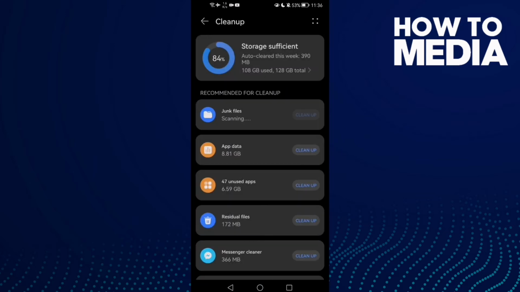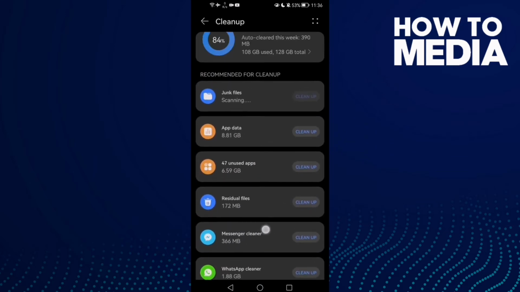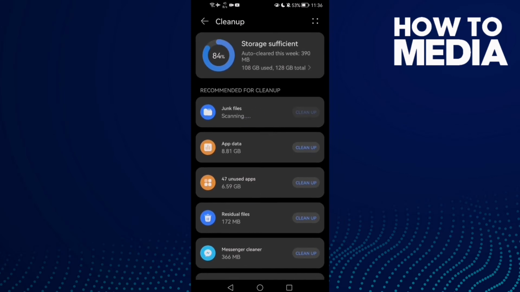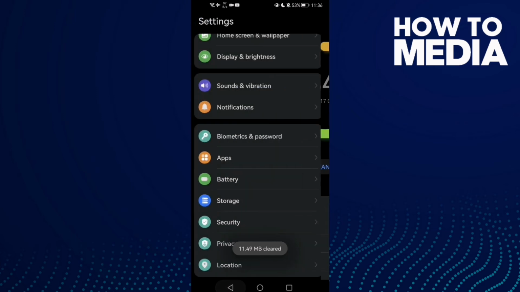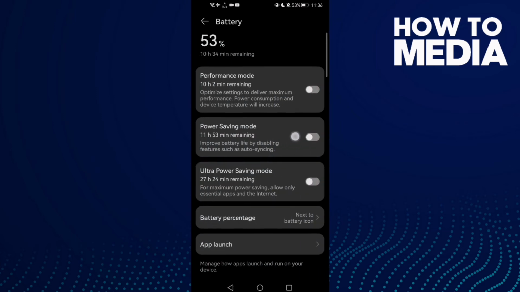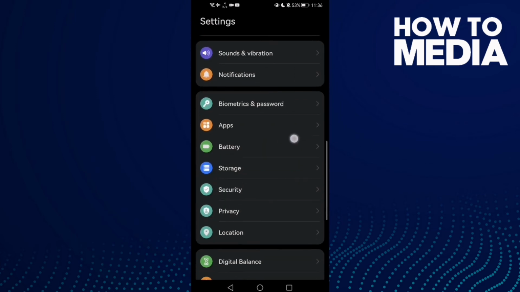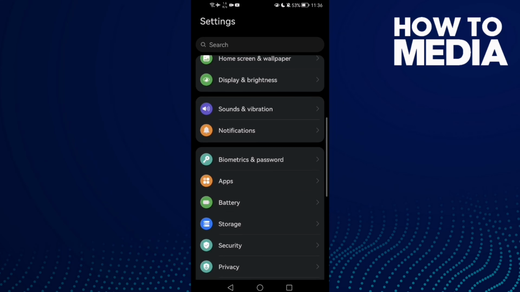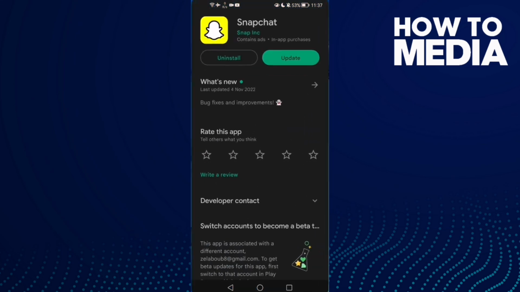Go to storage, click clean up, now just clean anything you want here, or you can just clean junk files or cache, and after that go back to battery and disable power saving mode. And if that also doesn't fix your problem, now just close all the applications in the background and try again, and then go to Play Store